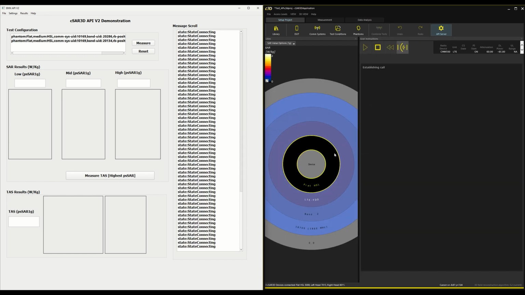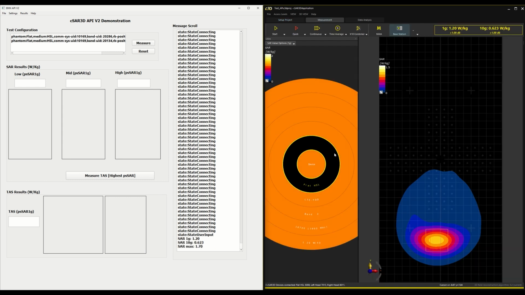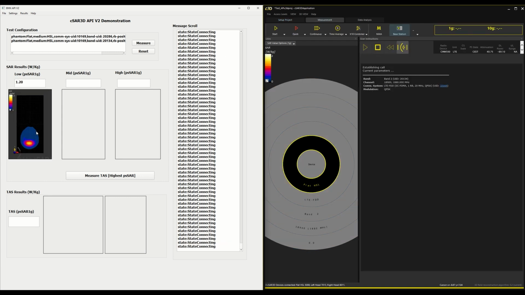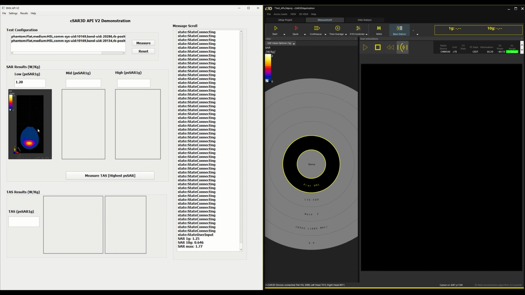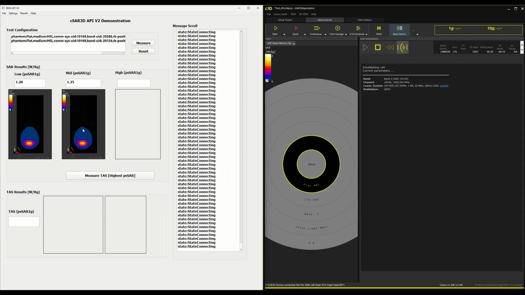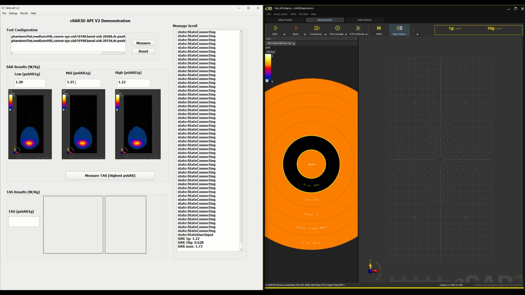The custom application interacts with the API server to set up the measurement, and the measurement proceeds in a smooth manner. The results are updated to the application window along with the SAR distribution screenshots. The measured maximum occurs on the mid channel, and the test sequence continues with measurement of peak spatial time average SAR at this channel.